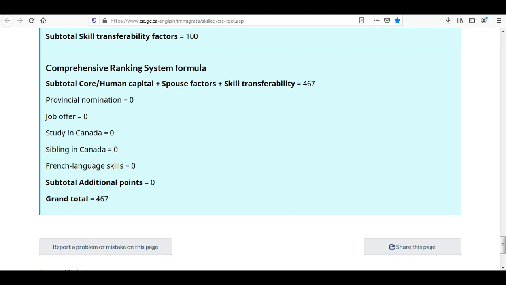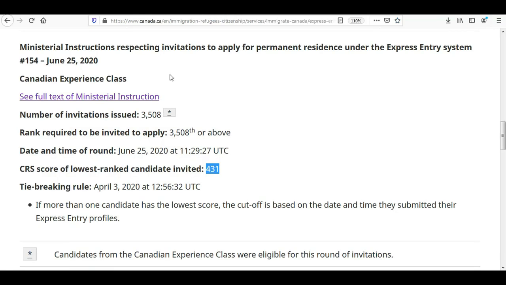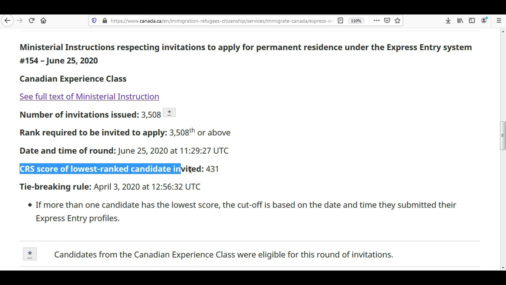And believe me guys, this is a very good score, and using this score you will definitely get invitations to apply for permanent residency. Fine. So let's say if you want to check, recently IRCC conducted one draw for the Express Entry program on 25th June, and this draw was for the Canadian Experience Class category, and the CRS score for the lowest ranked candidate invited was 431.